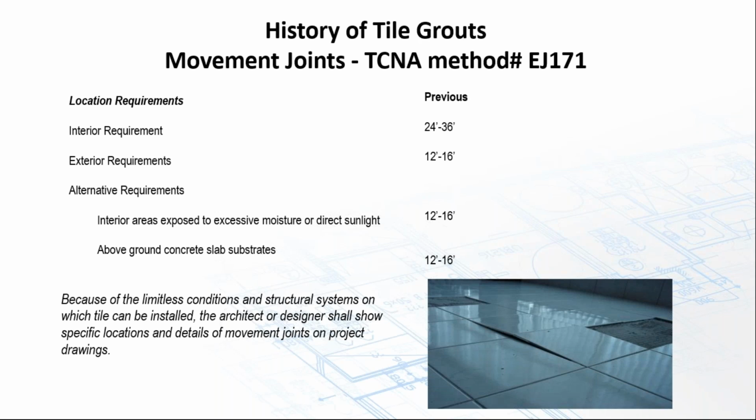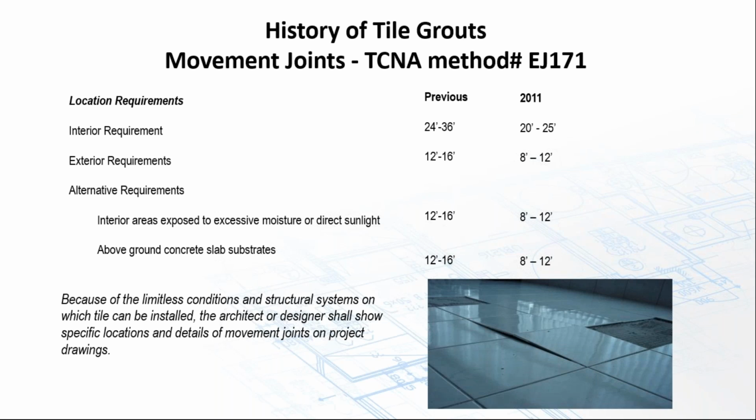Previously, for movement joints in your finished tile work, interior requirements were every 24 to 36 feet in both directions and around perimeter walls, columns, or any dissimilar surface. You had to have a soft joint in your finished tile work. Exterior requirements were every 12 to 16 feet. And then interior exposed to direct sunlight, for example an automobile showroom where you've got the big picture windows in there, you want it to be every 12 to 16 feet,